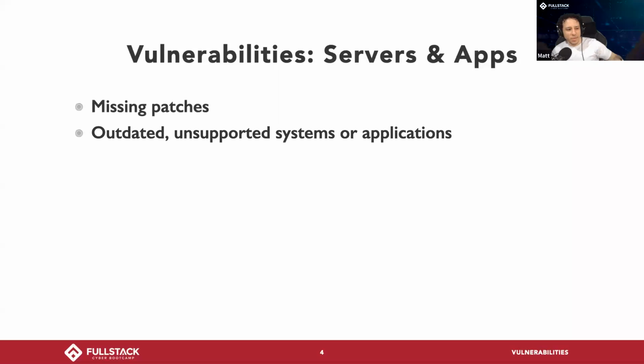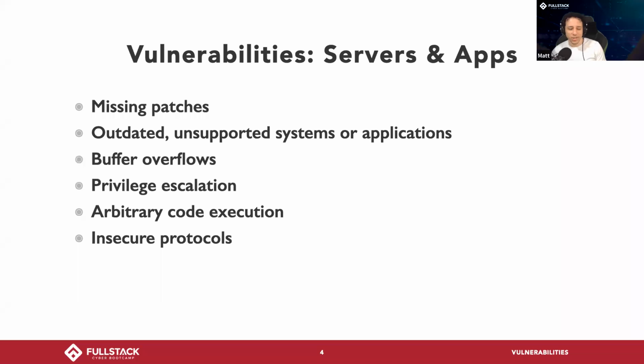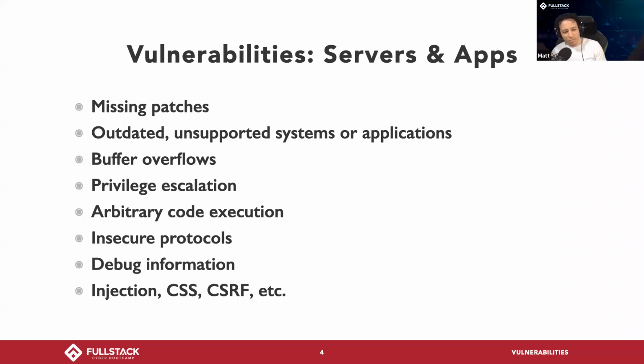Let's see. Missing patches, outdated systems, buffer overflows, privilege escalation, arbitrary code execution, insecure protocols, debug, all of those general web ones, etc. All of these things are the vulnerabilities that you can expect to find specifically on servers and applications. Okay. Why is privilege escalation a vulnerability? You should not be able to escalate your privileges. That'd be a vulnerability if you're able to escalate your privileges, and you shouldn't be able to because you'd be